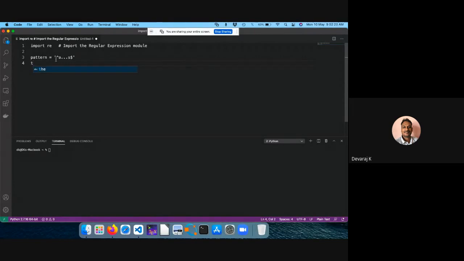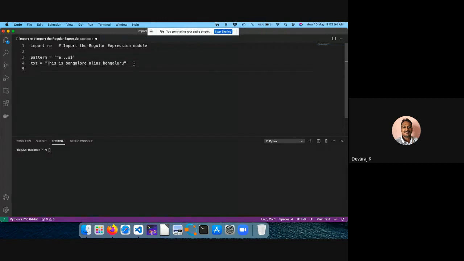So let me call that string as text. Okay, what is the string actually? So string is equal to, this is Bangalore alias Bengaluru. Okay, let me give something. This is the string what I have. I have a string something like this. That means this is Bengaluru alias Bangalore.